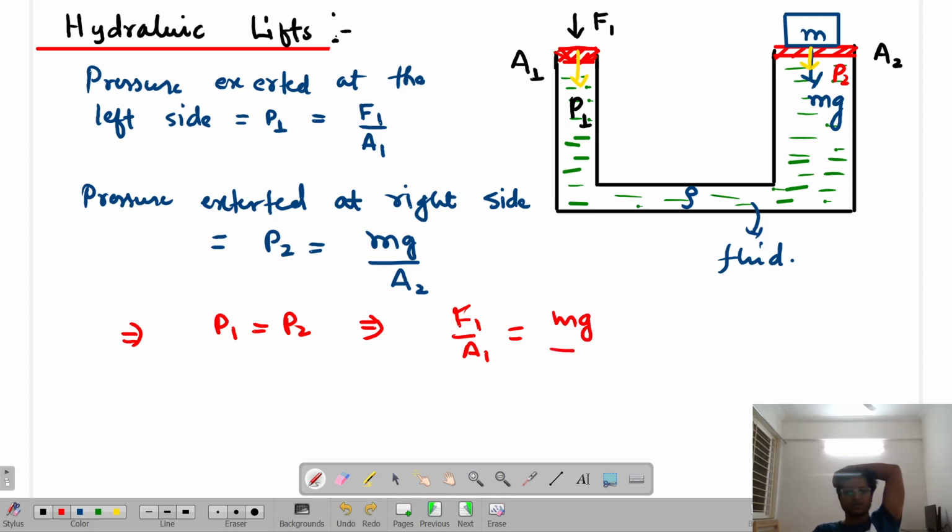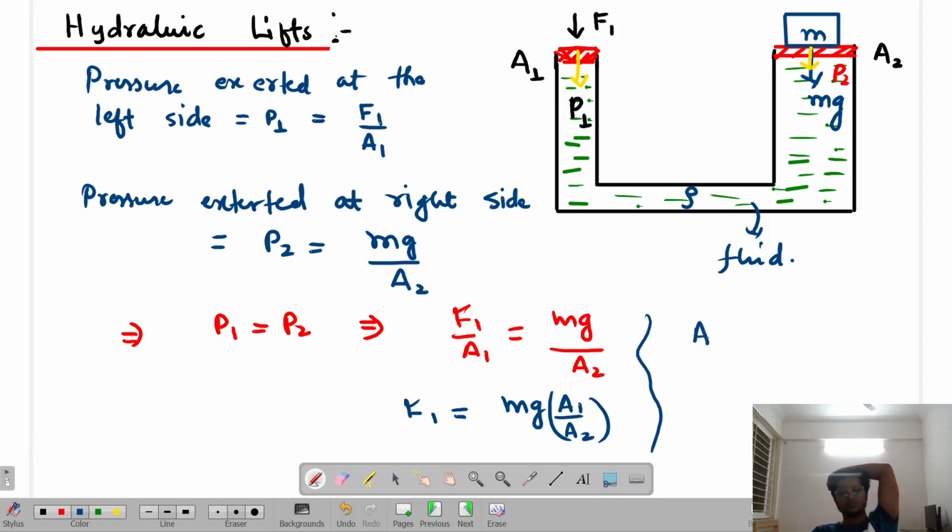तो ध्यान से देखो बेटा, we got one idea that the amount of force that needs to be applied is mg A1 by A2, है कि नहीं? ध्यान से देखो, A2 is bigger than A1 or not? So if A2 is bigger than A1, the force required F1 will be less than the original value or not? तो जो तुम्हें फोर्स लगाना था उसको लिफ्ट अप करने के लिए फोर्स घट गया या नहीं घट गया? एक्चुअली में घट गया ना. So that is why,